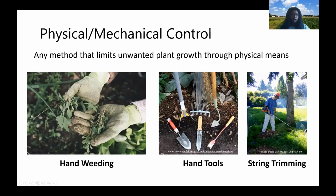Using a regular hoe, using a dandelion cutter to cut the taproot, and then when it sprouts again, you can just keep on cutting it. Also, string trimming works if you're trying to trim along sidewalks or things of such. I will say, if you're going to use a string trimmer, make sure that you use proper technique and follow the appropriate safety